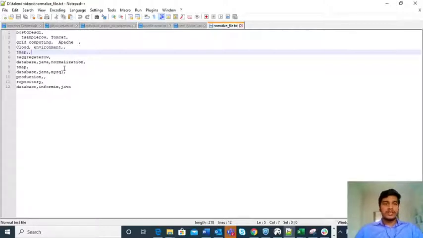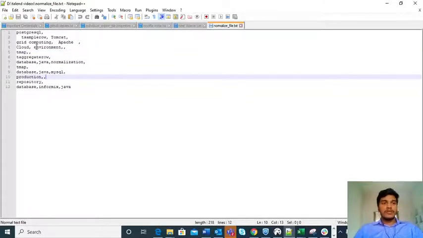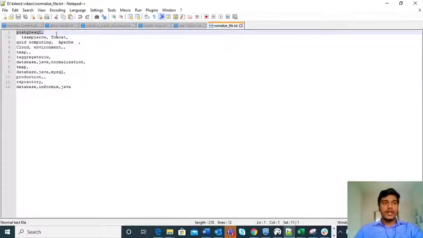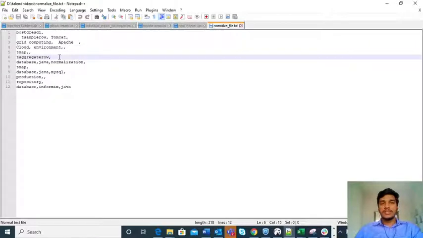If you consider this, we don't know what the schema is, because in the first row there are only 2 columns, in the second row we have nearly 3 columns, in the fourth row we have 3 columns, and the fifth row has 4 columns. So we couldn't identify what the schema is.